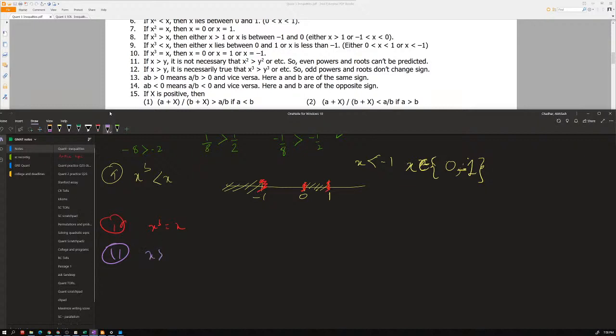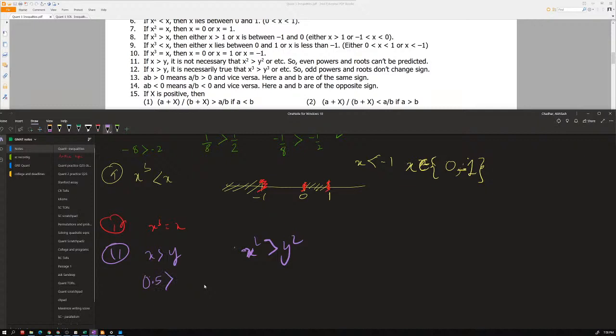11th one says x is greater than y. It doesn't necessarily mean that x square is greater than y square, which is right. But yeah, it might be. Okay. I thought there is an eraser shortcut, but there is not. So I will just grab it. Right. Okay. So yeah, doesn't mean that x square is, how I'm saying is, suppose